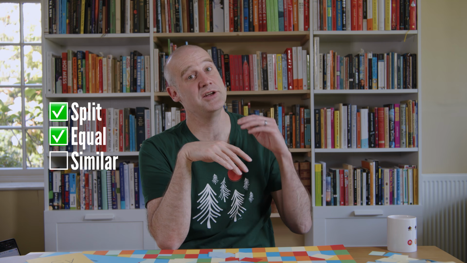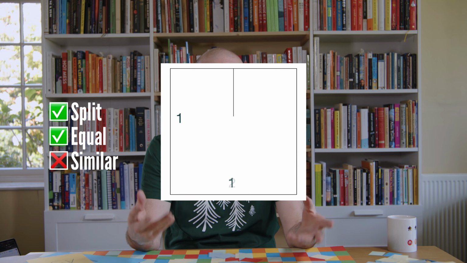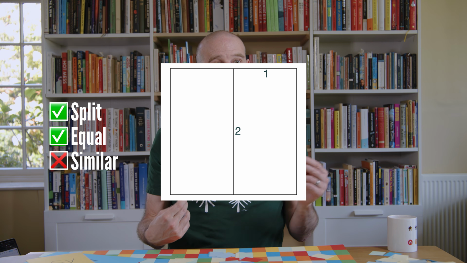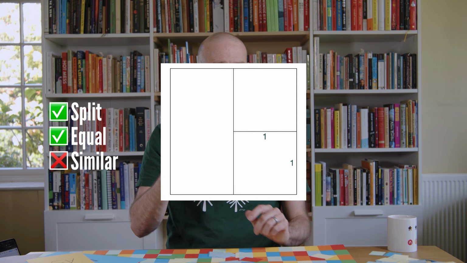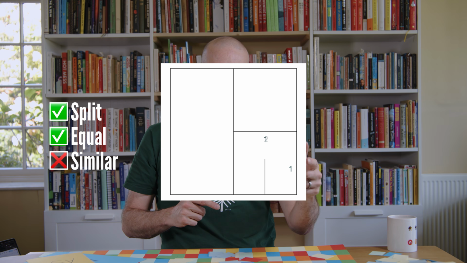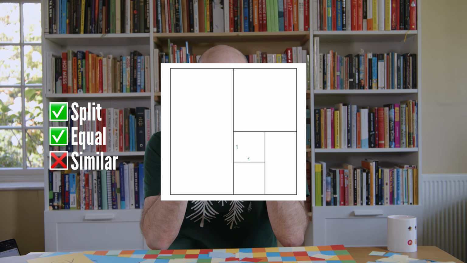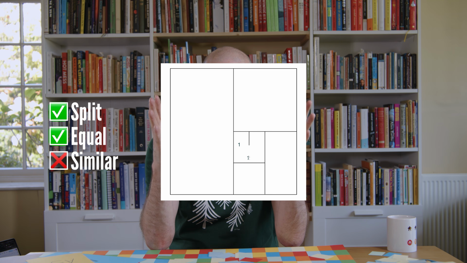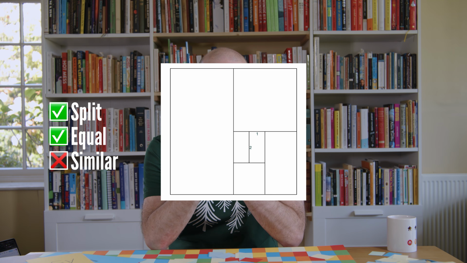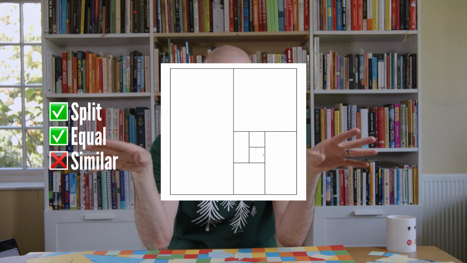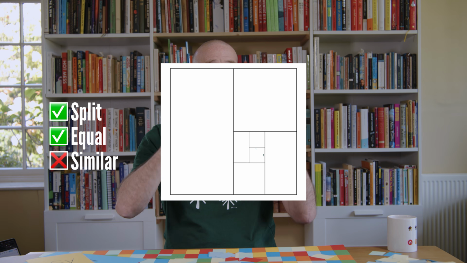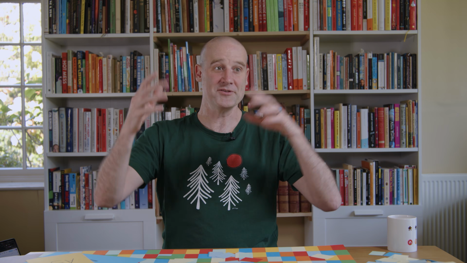It's also possible to split into equal pieces, but they're not similar. That would be if you started with, let's say, a square, and then when you cut it in half, you get two equal rectangles, but they're different to the square. Then you cut each of them in half and you get two equal squares, which are not similar to the rectangle, but actually they are similar to the square you started with. So actually it turns out for all of these shapes, if you keep cutting them in half, for every other ratio, you start flipping between two different interweaved families of similar shapes.